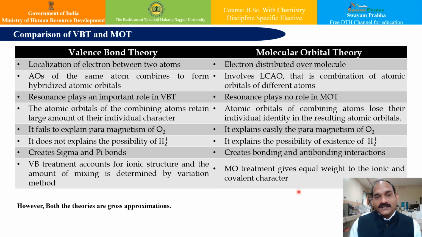We can apply these theories in actual practice to find out the order of energy and the bond order. One by one we can go from homonuclear diatomic molecules to heteronuclear diatomic molecules, and we can see their electronic configurations. From their electronic configuration we can see the assignment of these electrons to the bonding and anti-bonding molecular orbitals, their energy level arrangements, and we can also see what their bond order is. We will see all these aspects in the subsequent lecture.